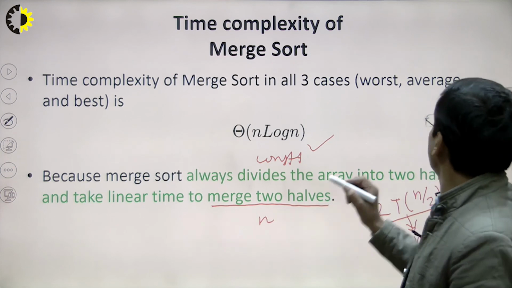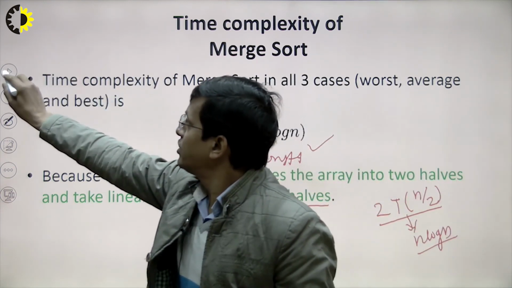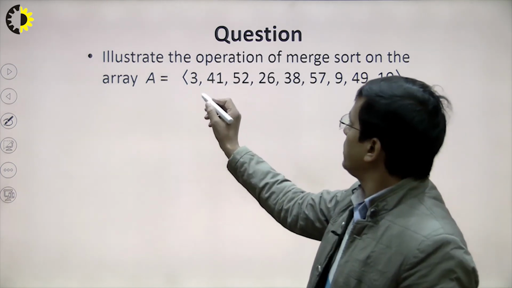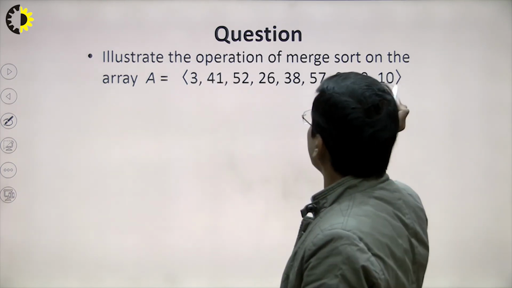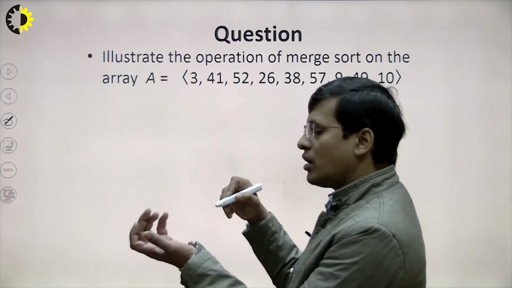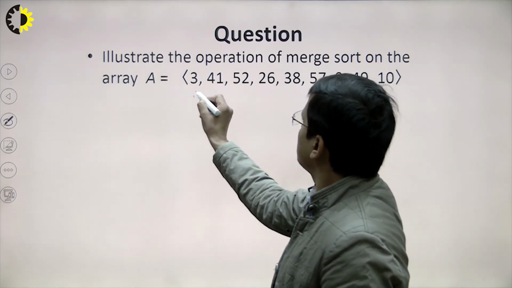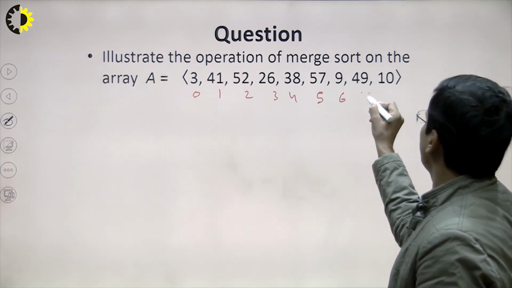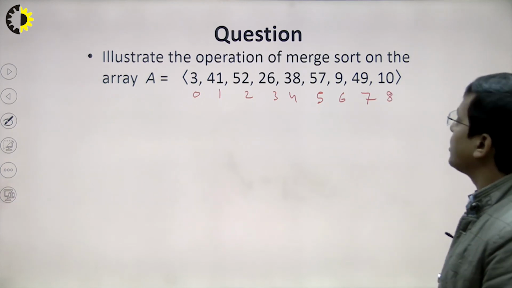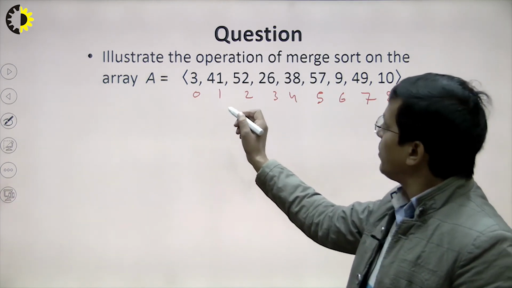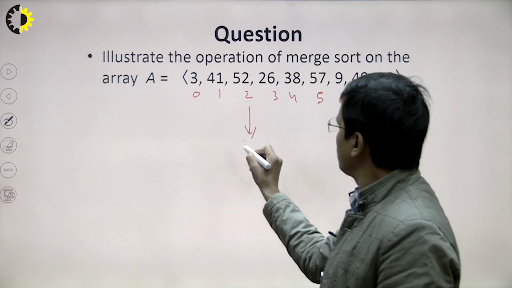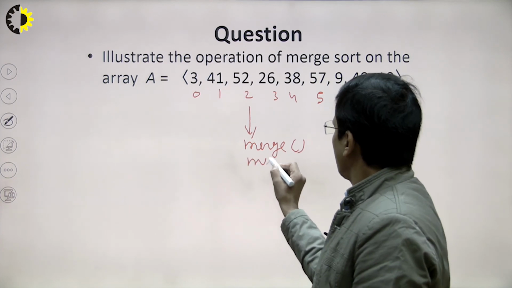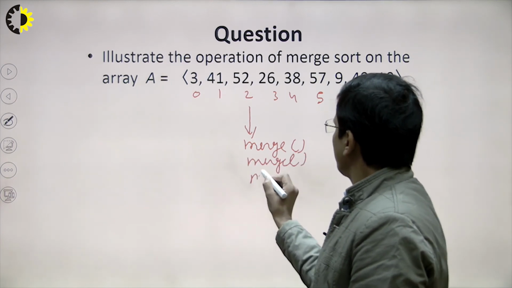Now this is the final example, so that you can understand better, right? Suppose we start from the array we have been given, and we try to perform merge sort. This is index 0, this is 1, 2, 3, 4, then 5, 6, 7 and 8. So here we have 9 elements, and we can apply merge sort in this case, one by one, applying the merge sort function and the merge function.